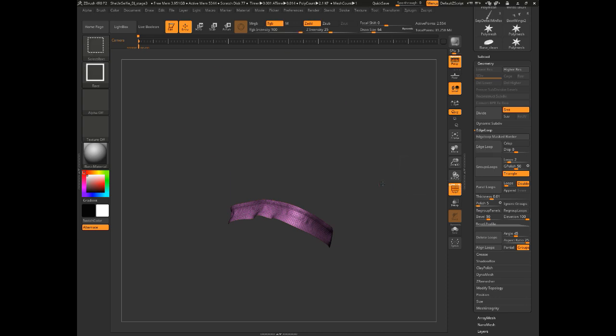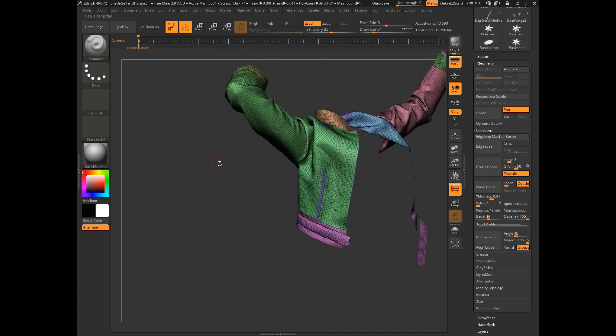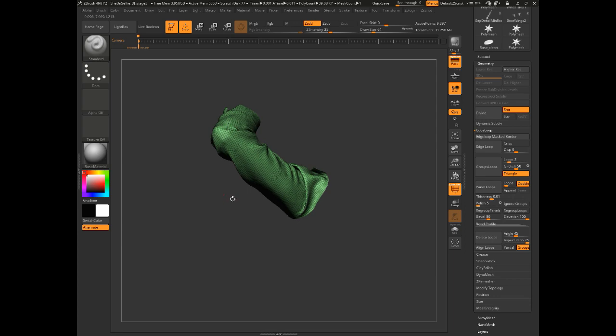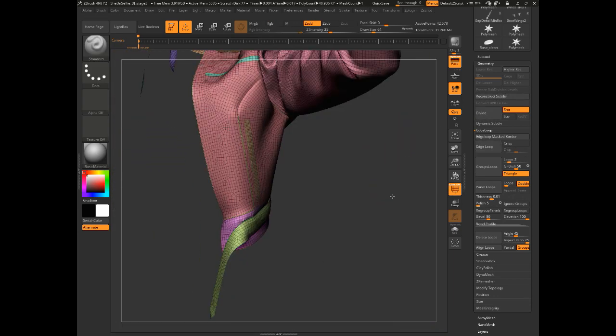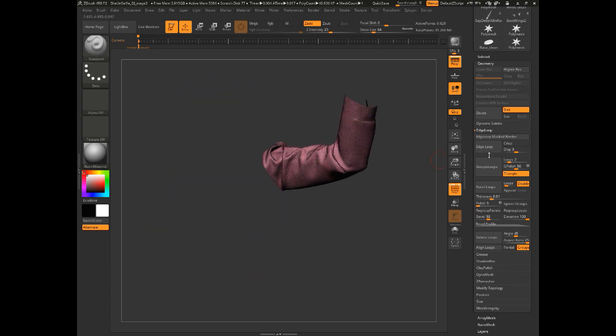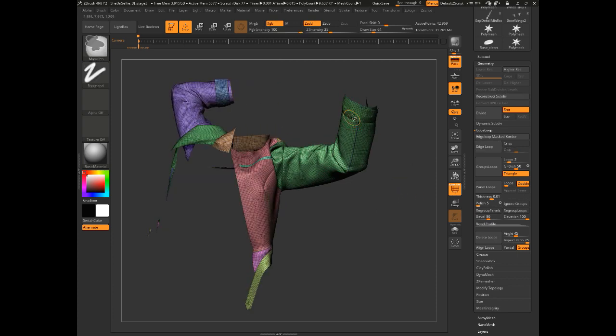Okay, so with that, I will just go around all the little panels and hit edge loop. Same process as before, kind of hiding and unhiding the individual panels. Almost there. Didn't take that long,